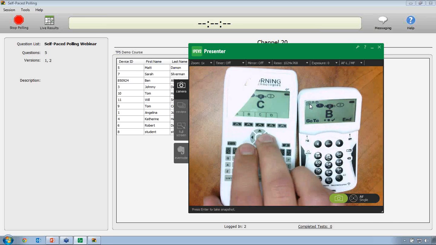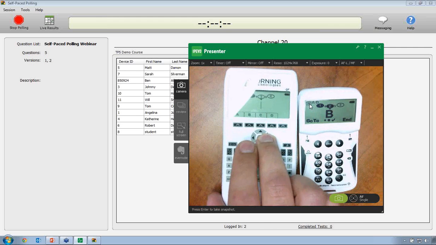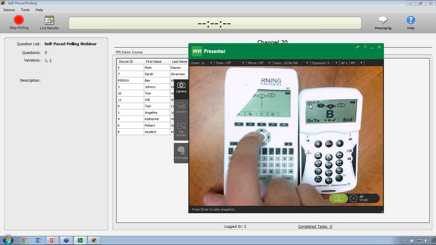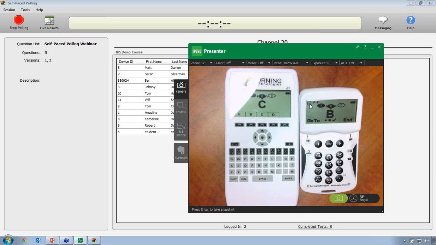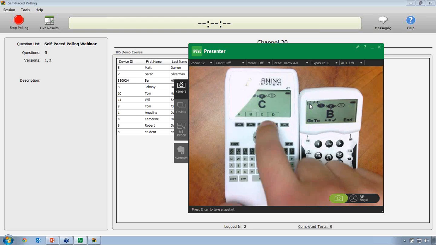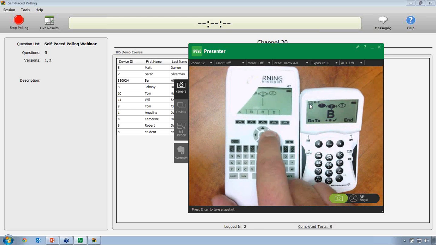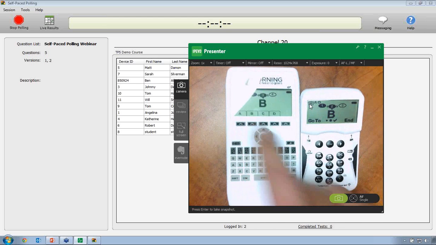Okay, as the student, you can skip a question if you want. So if I'm looking at my test and say, I don't really know the answer to question 3, I want to come back to it, you can skip it. You can also go back at any point and review what your answers were that you entered. So before you actually submit your final exam, you can go back and look at it and say, oh no, you know what? I want to change my answer for 2. I want to change it to D. Okay, and that becomes your answer selection. Okay, so it's very, very easy.